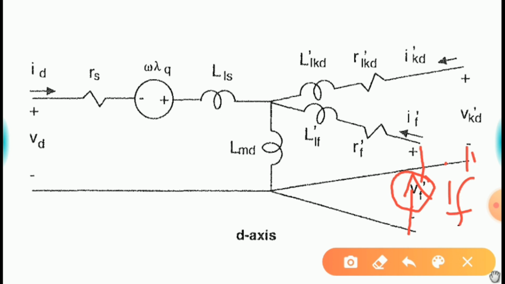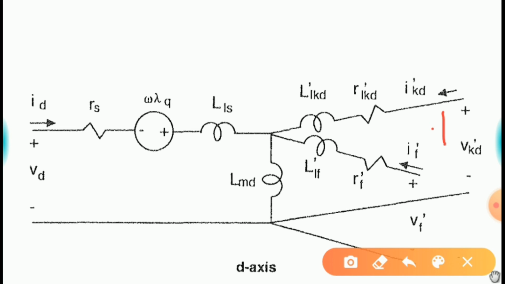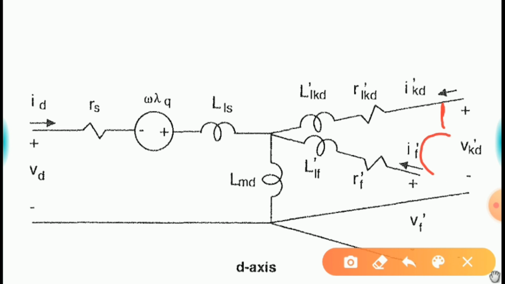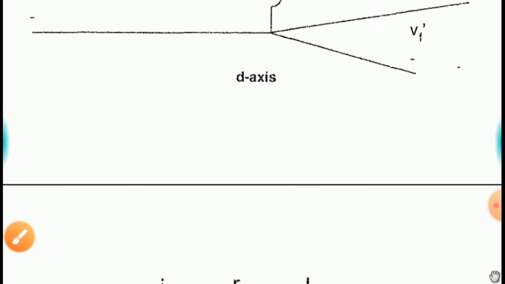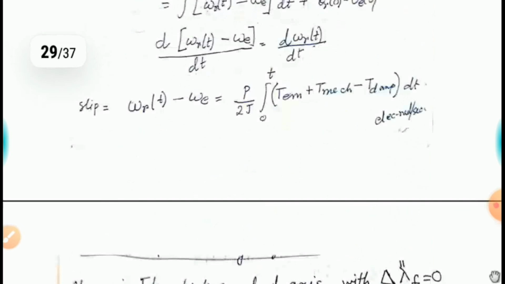Similarly, in case of steady state, what you can expect is that we should connect one current source here with current value IKD double dash equal to 0. So that you have to figure out, and if you are not able to do all this exercise, or do not want to take all this stress,